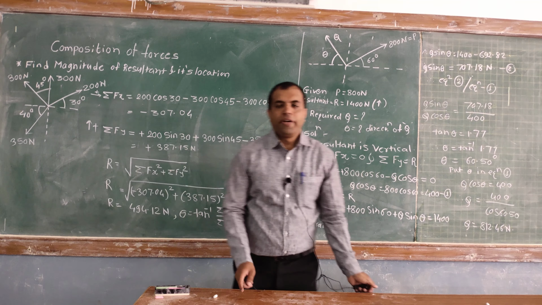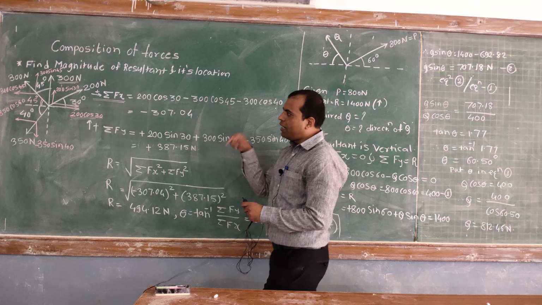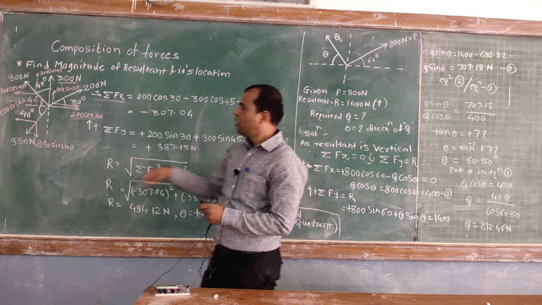This symbol indicates that summation of Fx means summation of all the forces in x direction has to be found out. So what are the summation of all the forces in x direction? First is the 200 cos 30. Second one, this force 300 Newton, but its x component is 0, so don't consider its x component. Then the third force, 300 Newton, its x component is minus 300 cos 45. I have written over here minus 300 cos 45, and the fourth force 350 Newton,